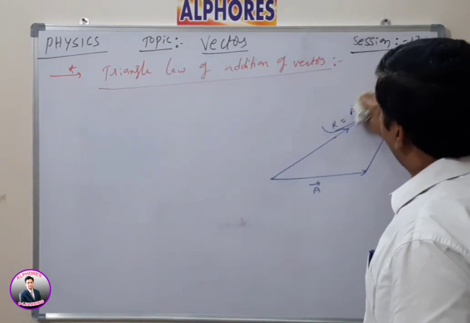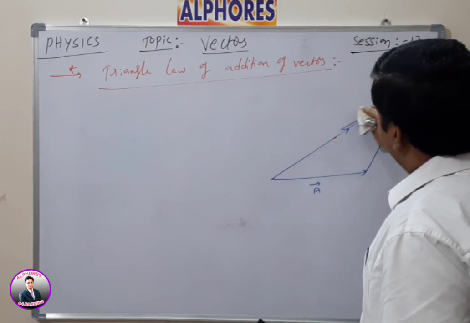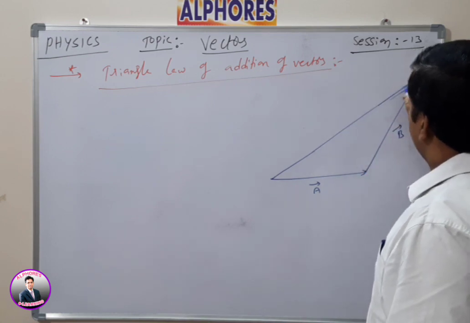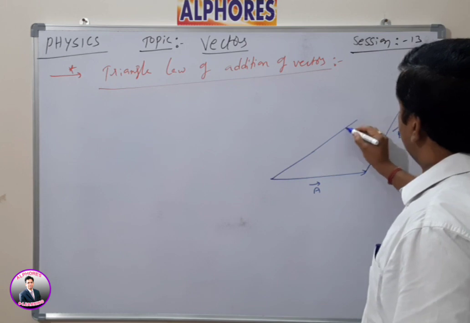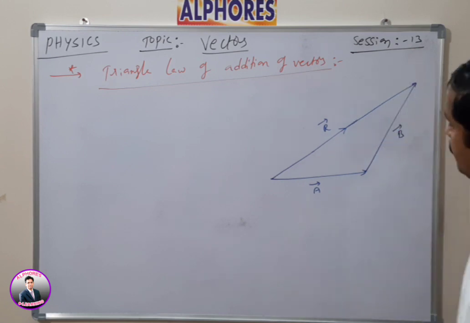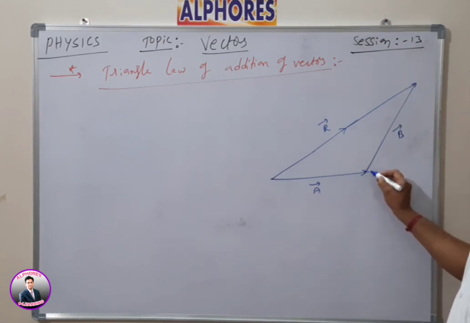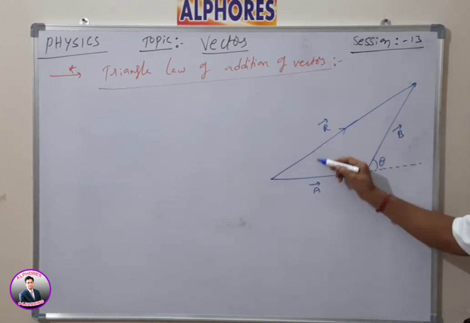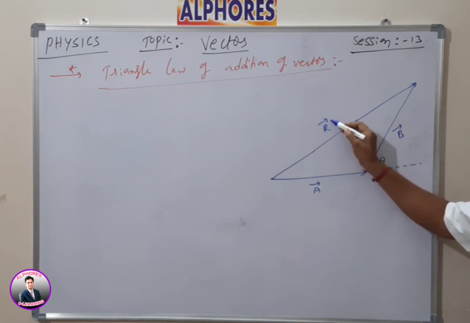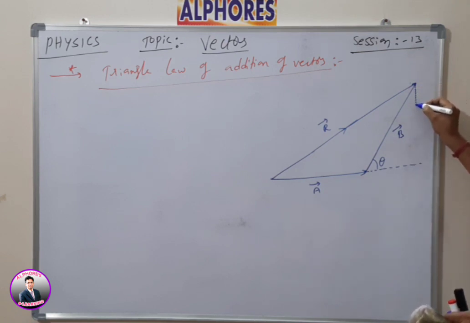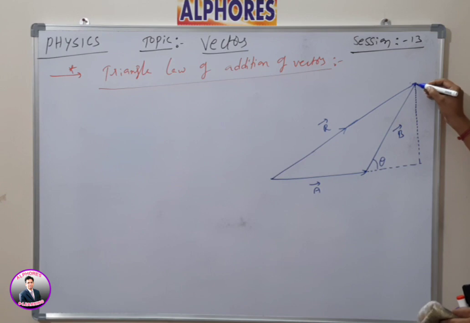That's why here I am taking, let us say, again the same diagram. Okay, this is R bar. Now, initially these two vectors are made by an angle, how much? Angle between A bar and B bar is, let us say, theta. Now we don't know the mathematical relation to find the magnitude of this R. So I have to write this projection, a projection from B bar to the extension of A bar.